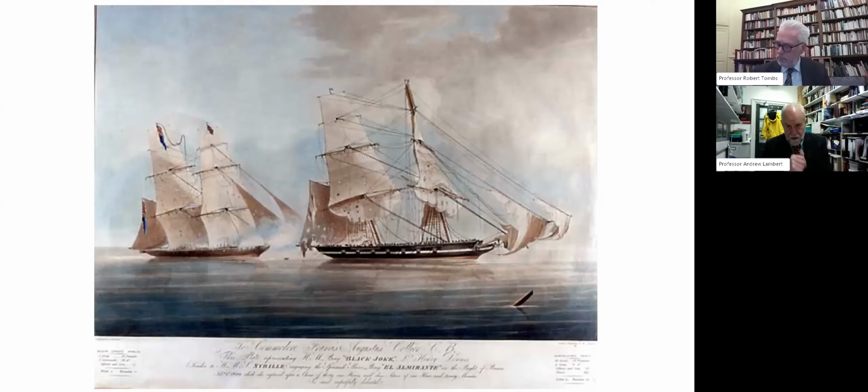Many of these slave ships were condemned in prize courts in which British and Portuguese, Spanish, or Brazilian judges sat together. It was necessary not just to convince a British judge that this was a slave ship, you had to convince the judge coming from the country where the ship was nominally registered. And that puts an enormous pressure on the process. So gathering intelligence, capturing the ship's papers, these are all really important things. The due process of law, as we would understand it today, has to be followed. So for 50 years, this